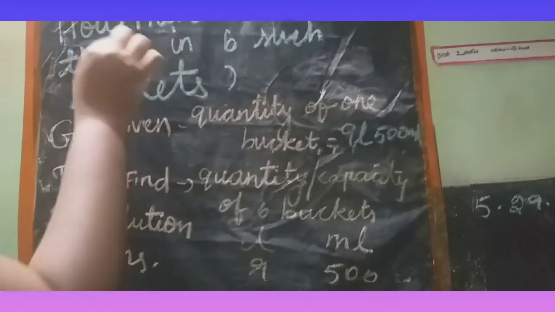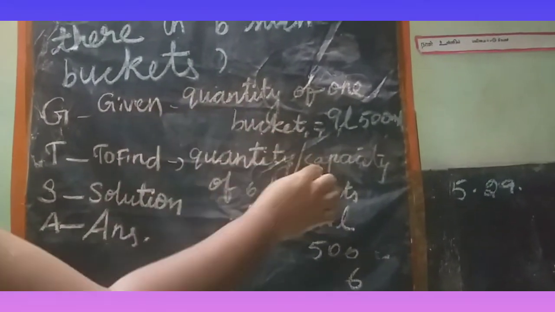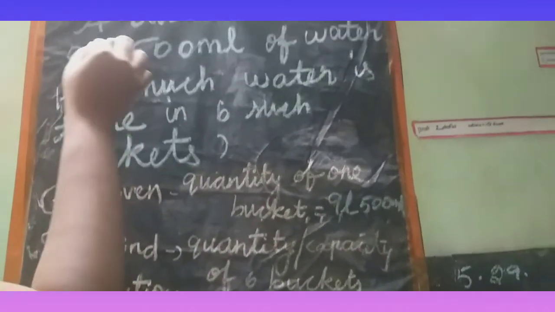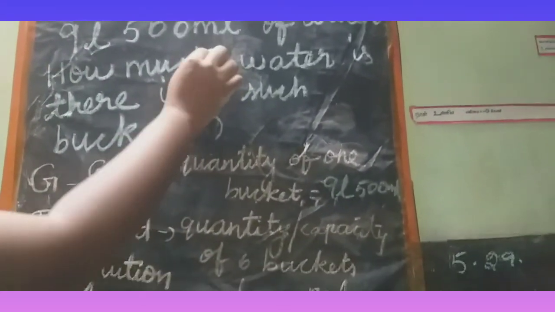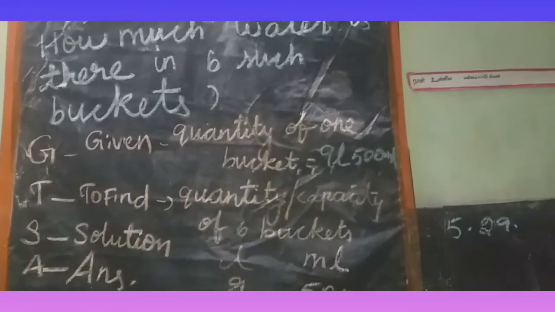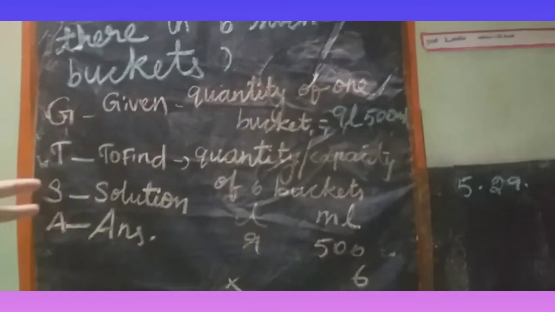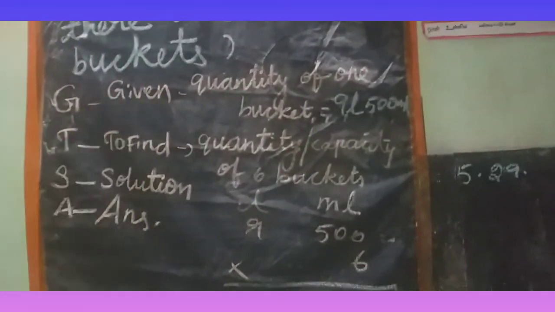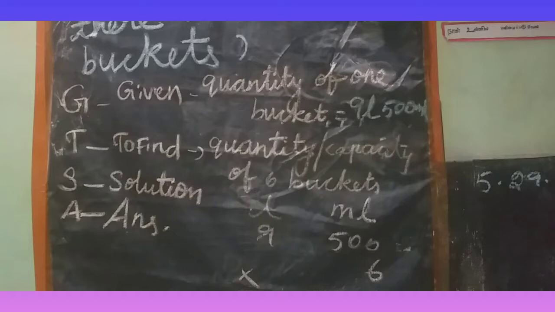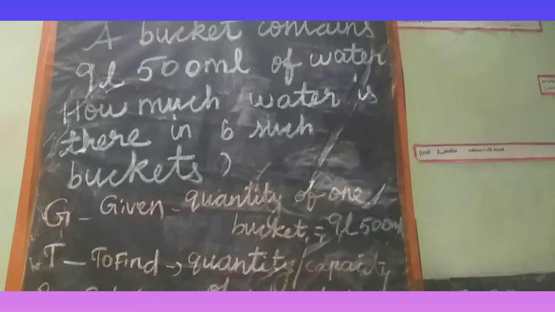This is quantity. So L and ML means you should write in the story problem quantity or capacity. Okay students, again I will tell. If it is a story problem having the liter or milliliter units, you must write the quantity or capacity. The starting word is quantity or capacity. That only you have to remember. And other things, ordinary sums.